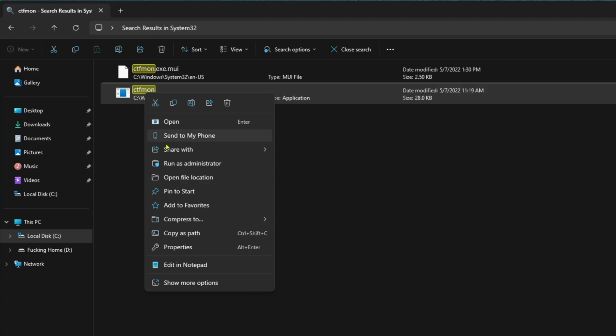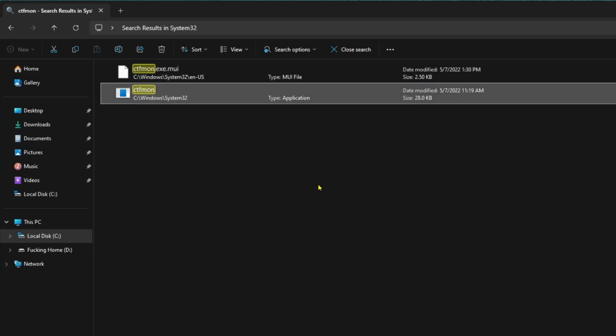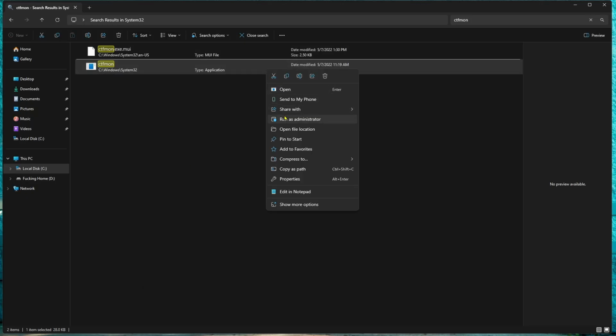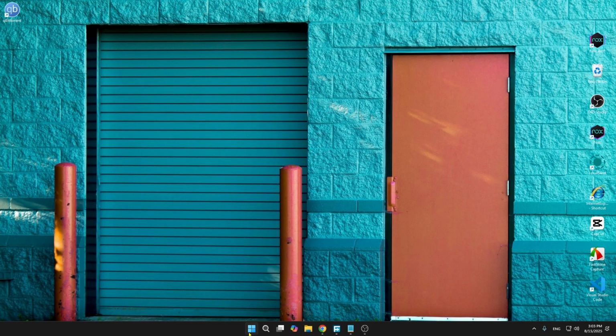Click on the right mouse button and click on Run as Administrator. And after running it as Administrator, your problem will be solved and you just need to restart